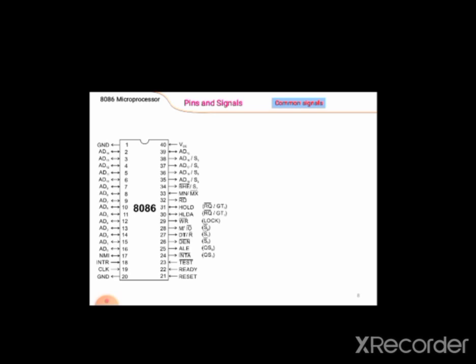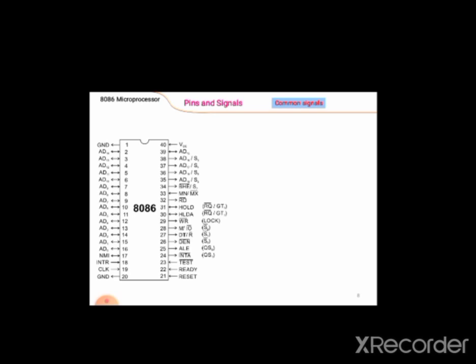So before taking any signal from other peripheral devices, input output devices or outside devices, we have to check whether our processor is ready to receive that signal or not. This work is done by the ready pin, right? So this pin is used to check whether other peripheral devices are ready to transfer data or not.